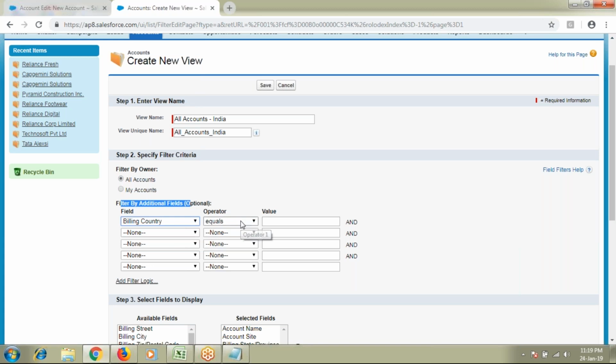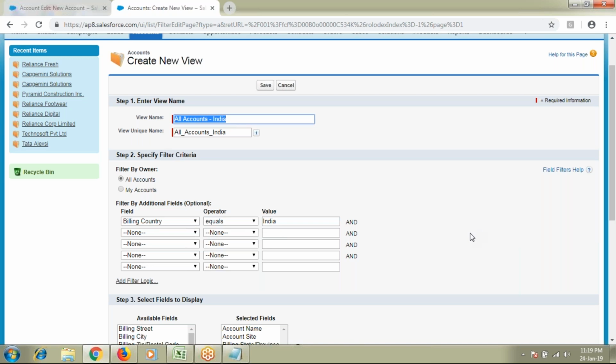The next one is operator, where you can give equals, contains, does not contain, less than, greater than, all these things. Equals, give the value. The value is India. So whenever the country equals India, fetch all the records and put them into this particular list view.